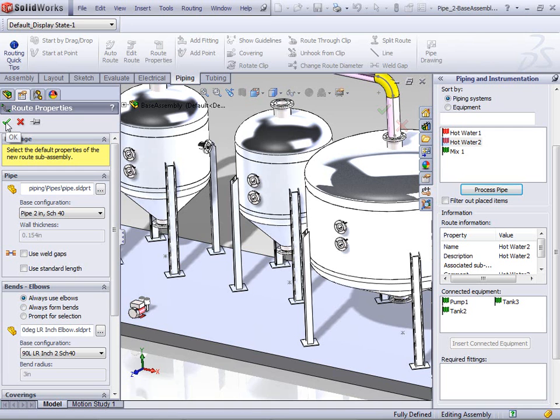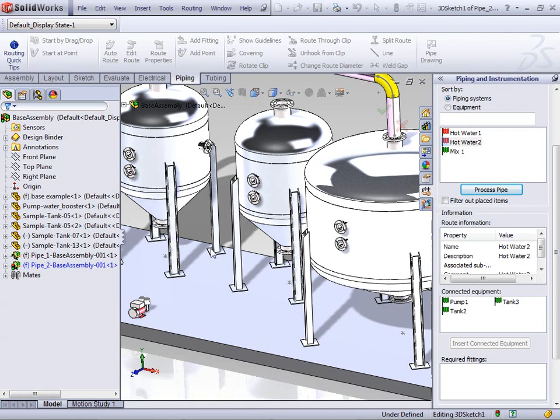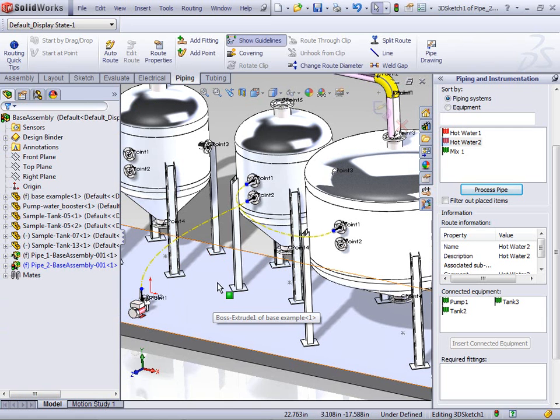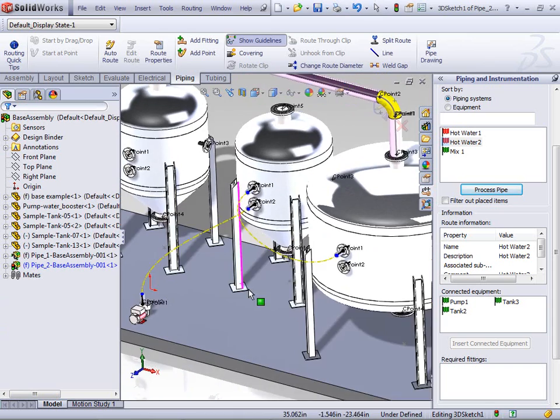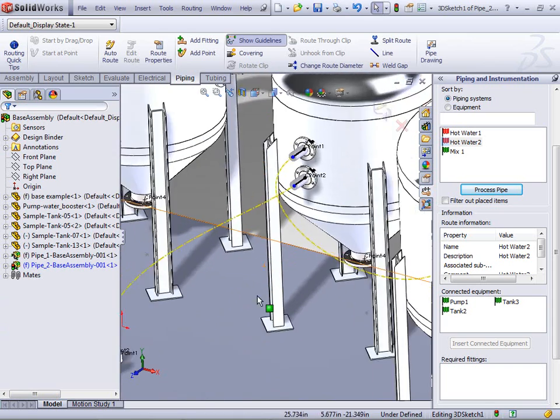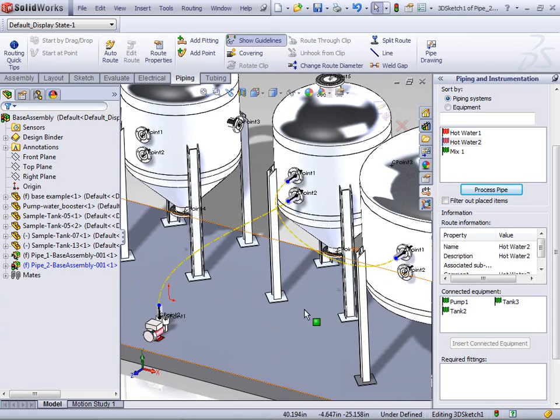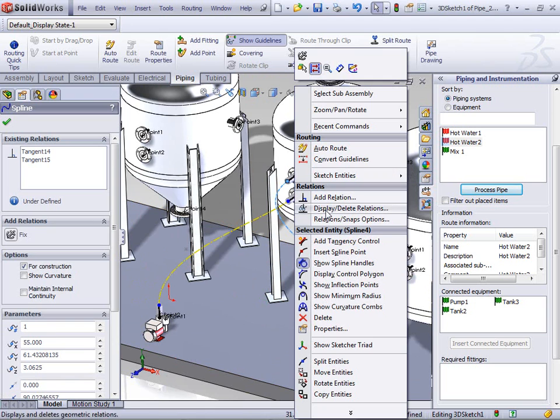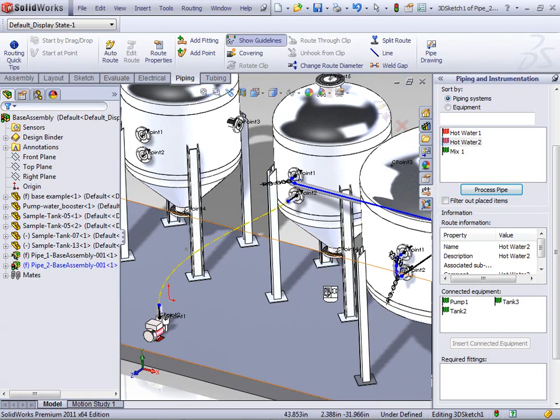And once I select those configurations for the pipe and the elbows, now you can see again the guidelines. The guidelines show in yellow, and you can see it's basically connecting the dots here. Now once again, this is very easy. You don't have to go to show guidelines and auto route. You can just right click right on here and just say convert to guideline, and it's going to give you